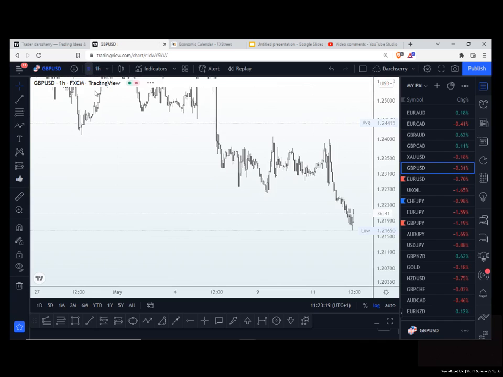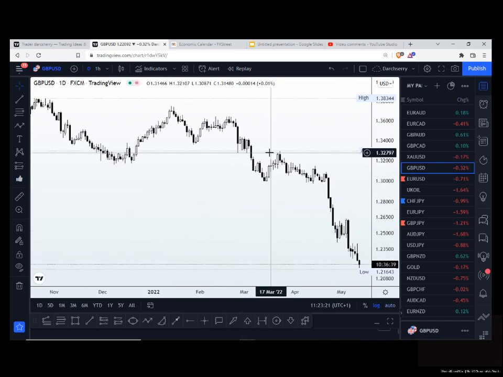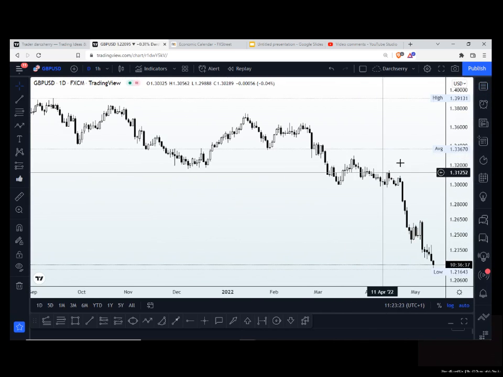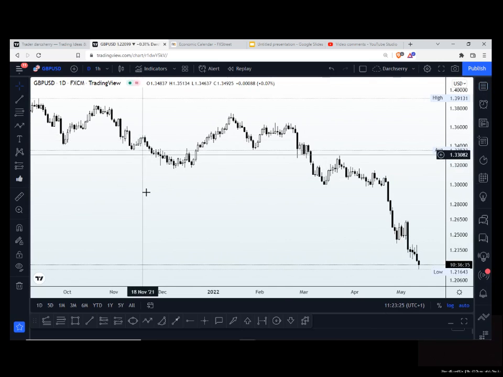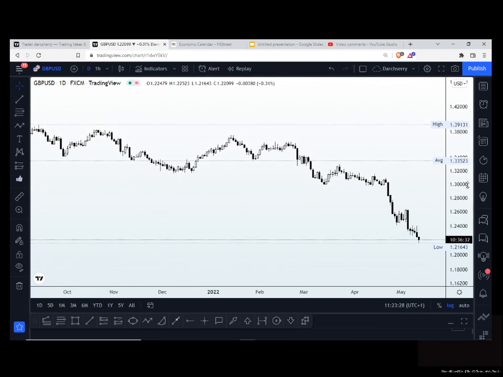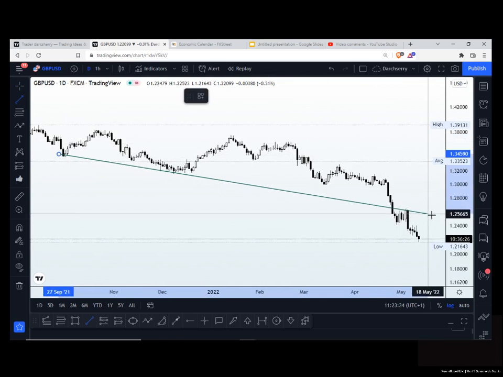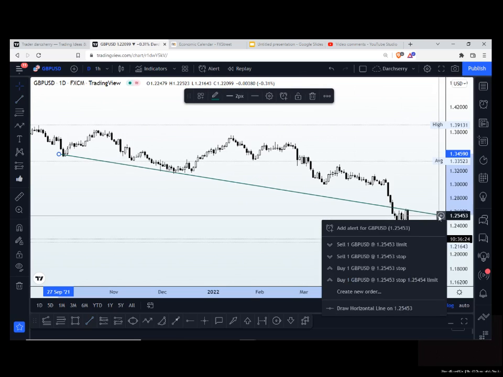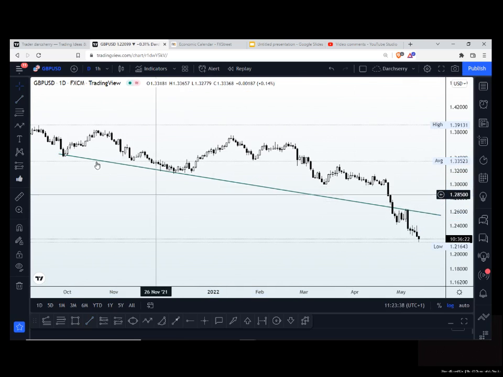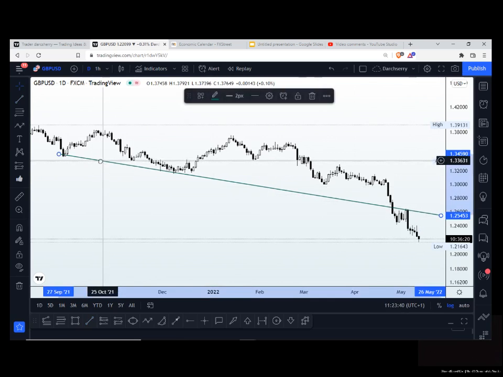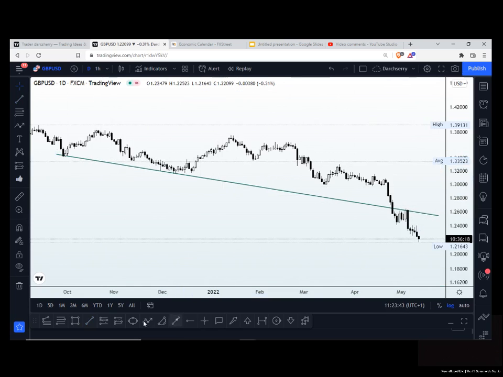So if we go to the daily time frame and let's see what structure is giving us, it's glaring that we are on a bearish momentum for some time now, and I want to connect the lower lows and see how price has been doing since the later aspect of last year. And so we have something like this. Price has been rejecting this bearish trend line, and then we saw this move,